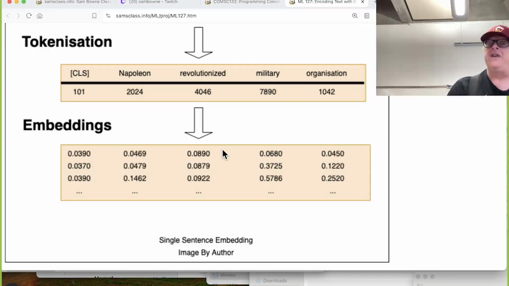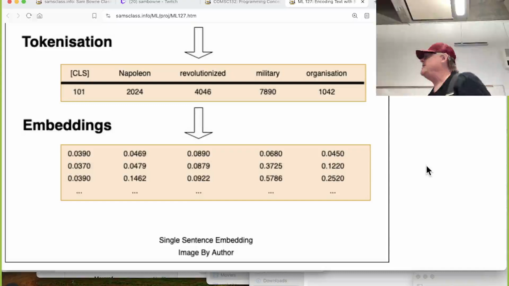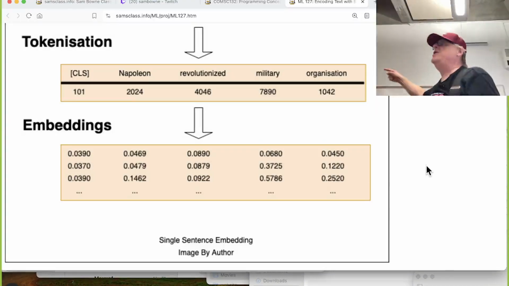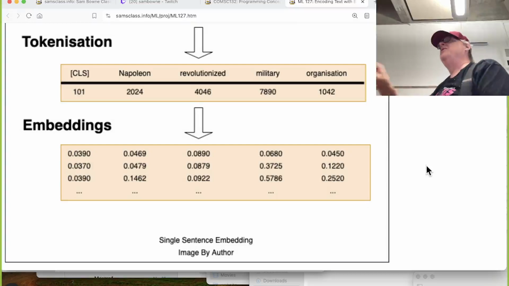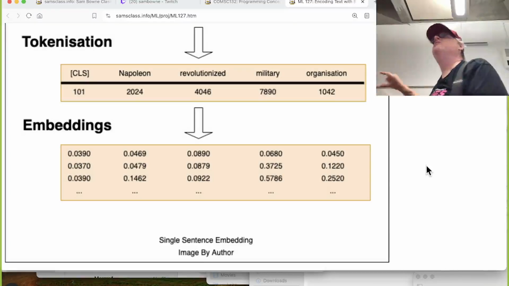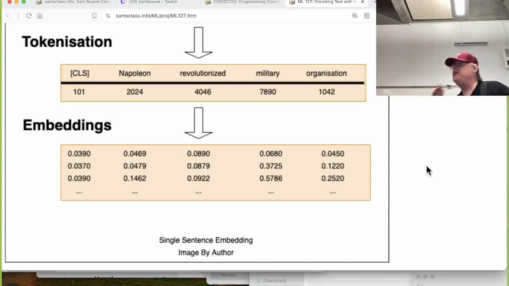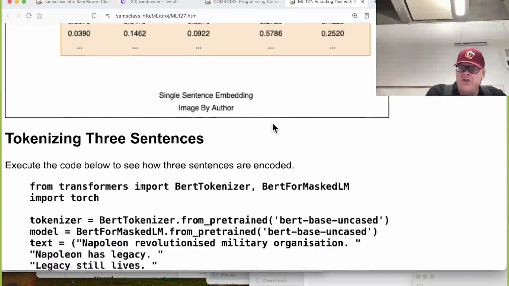You now embed it. And in the case of BERT, one common one, you embed each word into a 768 dimensional vector. And those vectors are meaningful in the sense that similar words will have similar vectors and words with similar meaning differences will have similar vector differences. So you have actually mapped the meaning of English words into a meaningful representation of numbers. And that is what seemed like magic to me. And this is how it works.